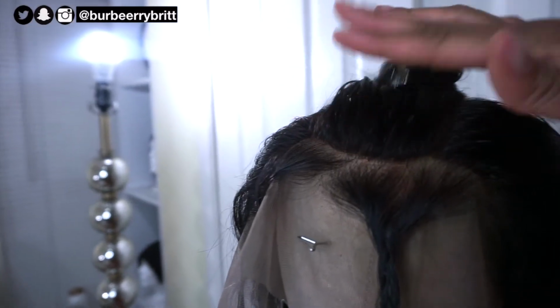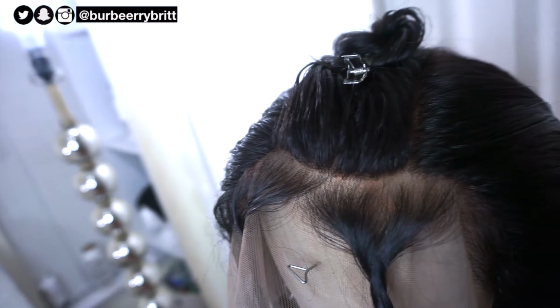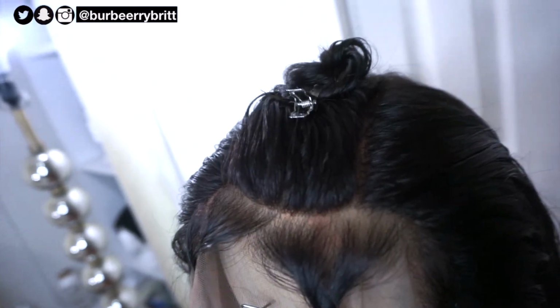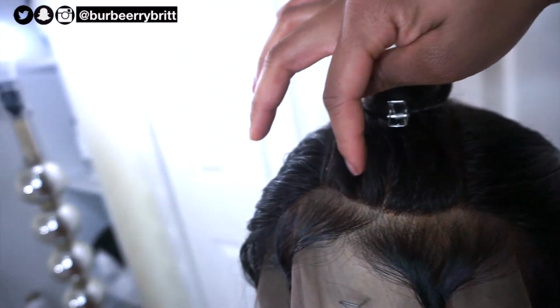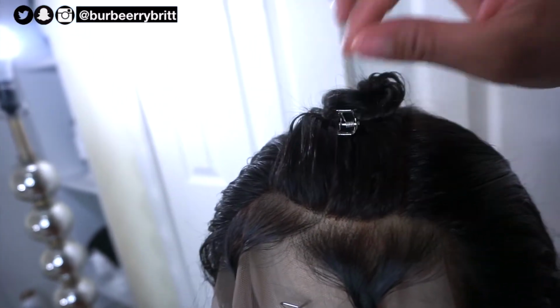I wetted the hair with water, and then I used mousse as well. It's going to be my middle part area. The reason I did it this way is because in the past, whenever I did my lace closures or lace frontals and wanted to go back and change up the part, I would realize that I had plucked too much out. So it'd be hard to find a decent spot to start over again. My middle part is right there, but I've left another side where I can also do a middle part, and another side here where I can do another middle part. So I'm just going to tweeze these areas,